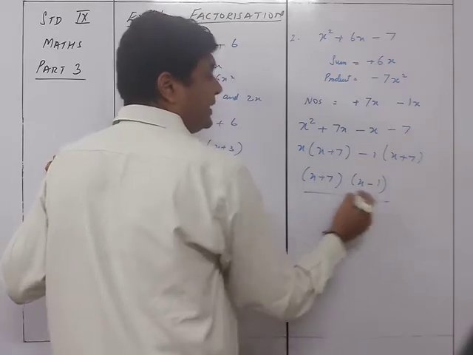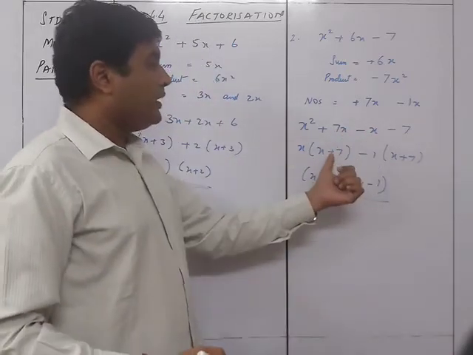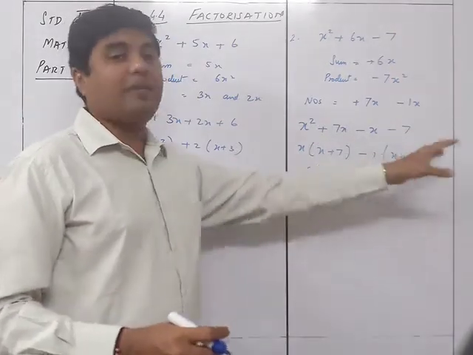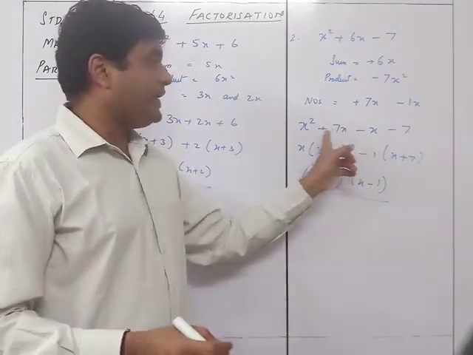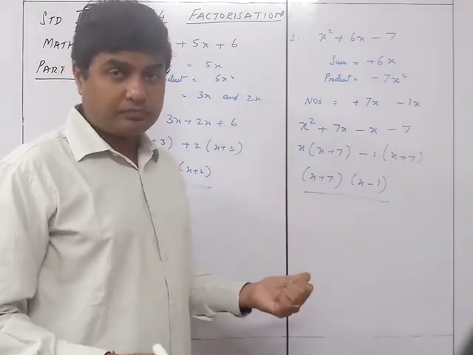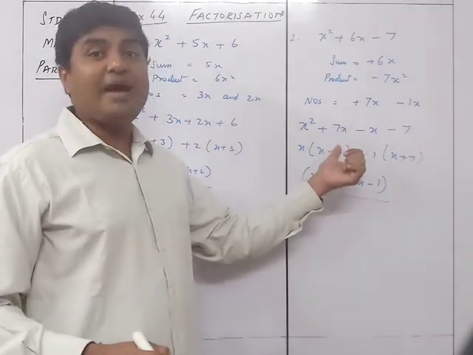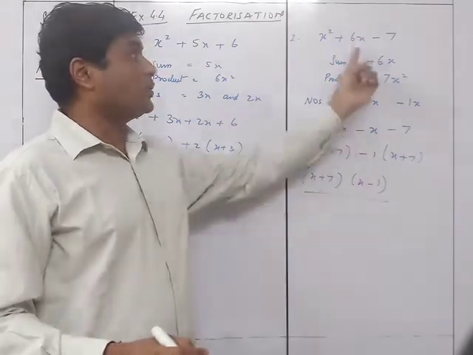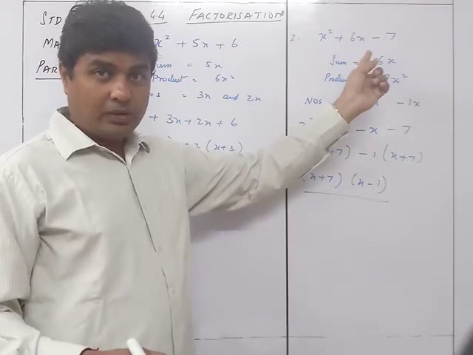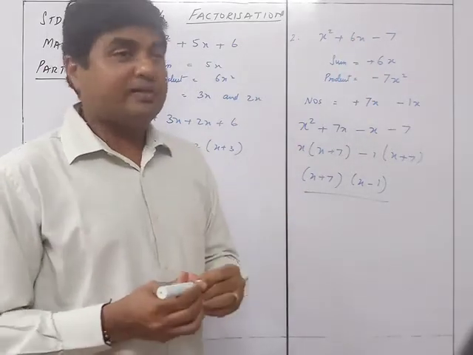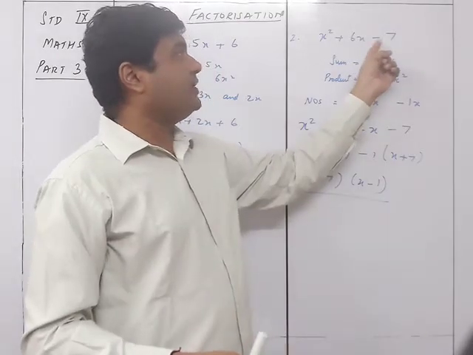So you can see that if you have made a mistake over here, you will not be able to get this. Do not take into consideration that, yes, this is plus so here also plus will come. No, if you have taken this as minus and this as plus, then automatically you are going to go wrong. Because you are going to get minus 6x. If you take this as minus and this as plus, you get minus 6x. But the question was plus 6x. Got it?